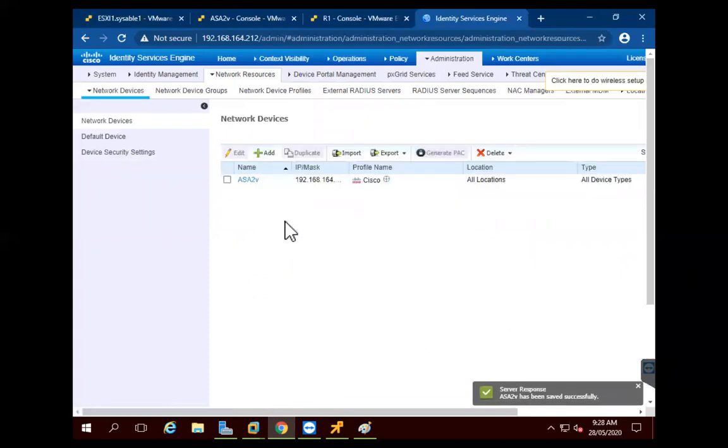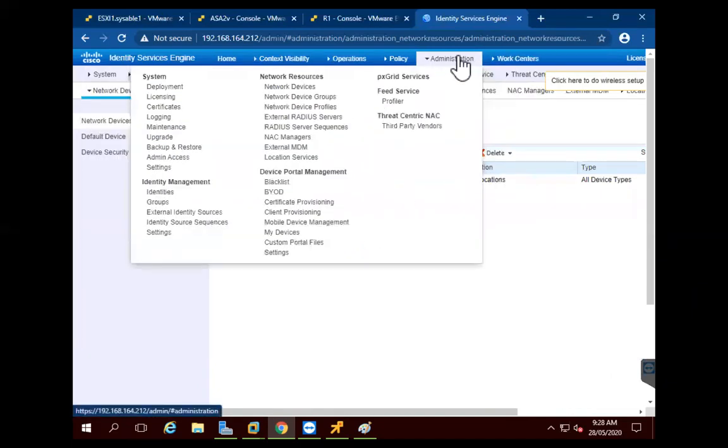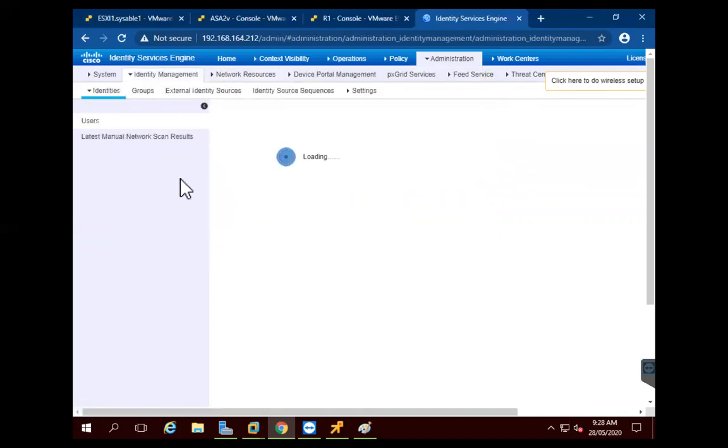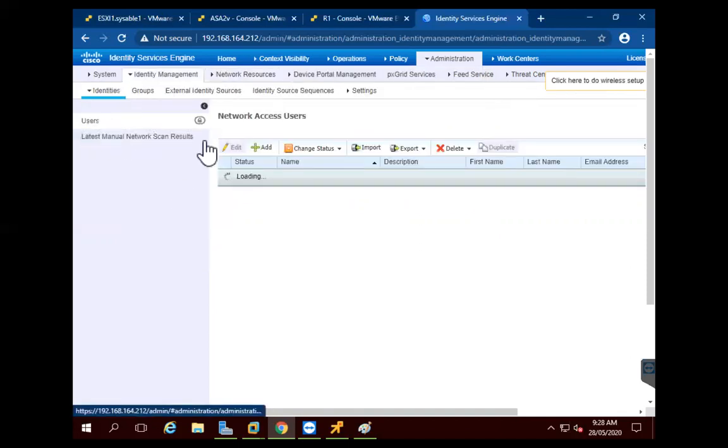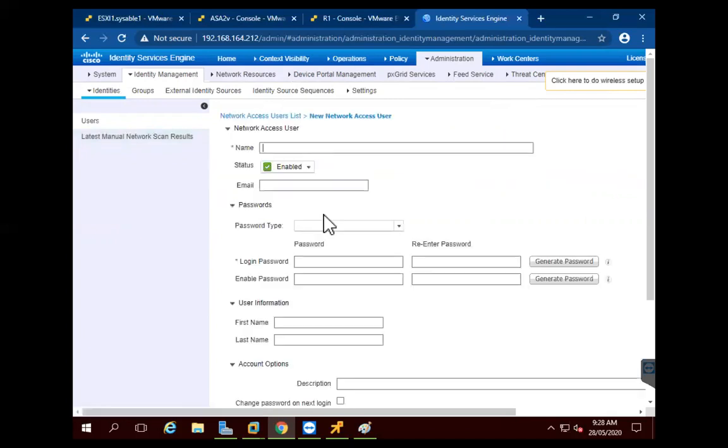So next thing is to create a user now. Going to Administration, Identity Management, Identities. And here on the left hand side you see users, click on add. And I'm saying that the new user is CCIE and it's an internal user and the password will be capital C, CCIE123.